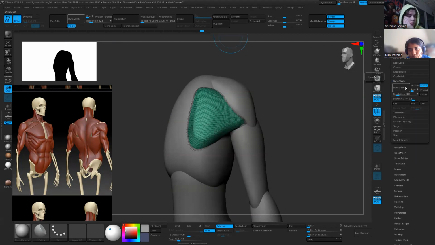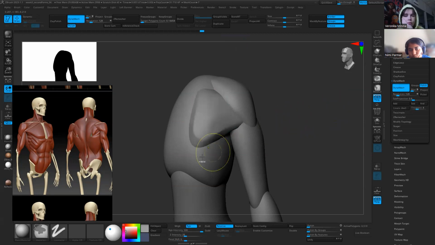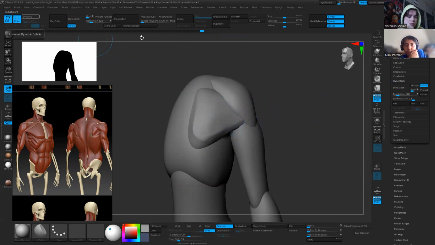I have polish turned on, and I click on this. Okay, now it works. All right, I don't know why it didn't do that. So you see, even if you do Dynamesh with polish turned on, some people like to work with polish. The only thing I don't like about Dynamesh instead of ZRemesher is that it doesn't work super well with the dynamic subdivision thing,